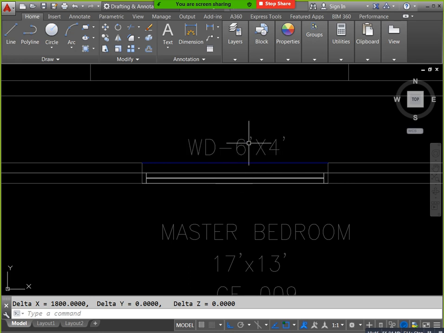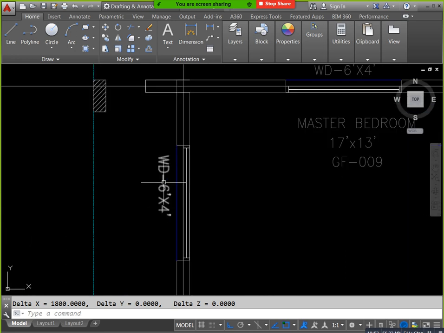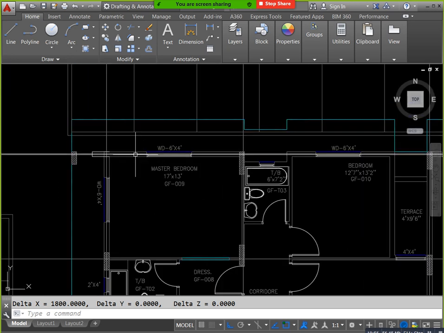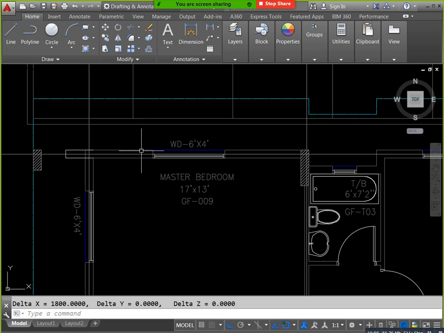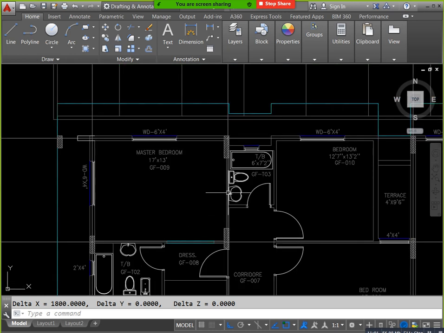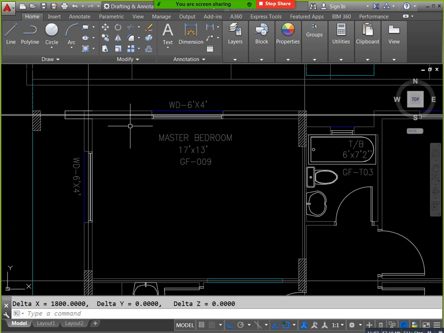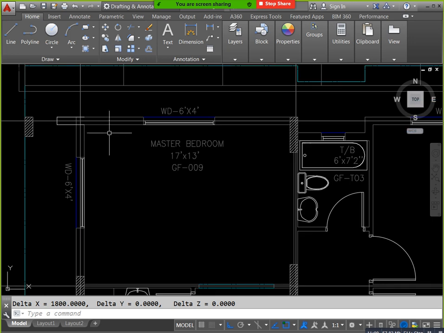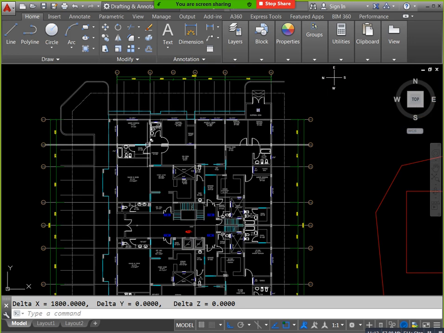Next, WD. For this room we have 2 windows. Just consider, these two are sun exposing; this is an outer wall, not an inner wall. This is an outer wall and this one is also an outer wall, meaning directly exposed to the sun. You will remember this point. In this project there are mainly 4 outer walls: this side and this one, and at the same time this one and this one.